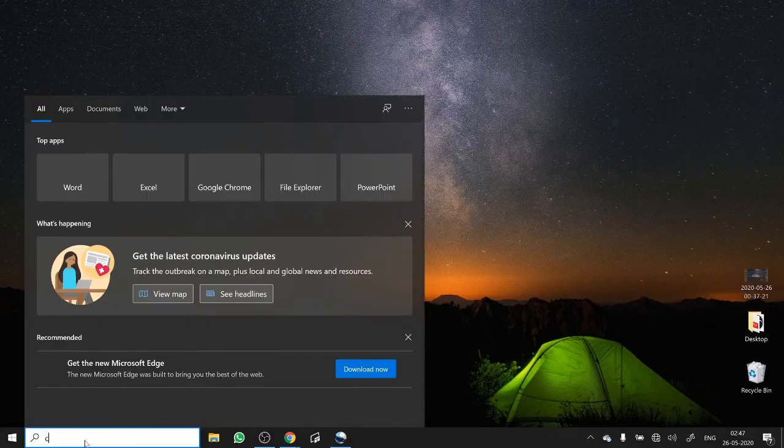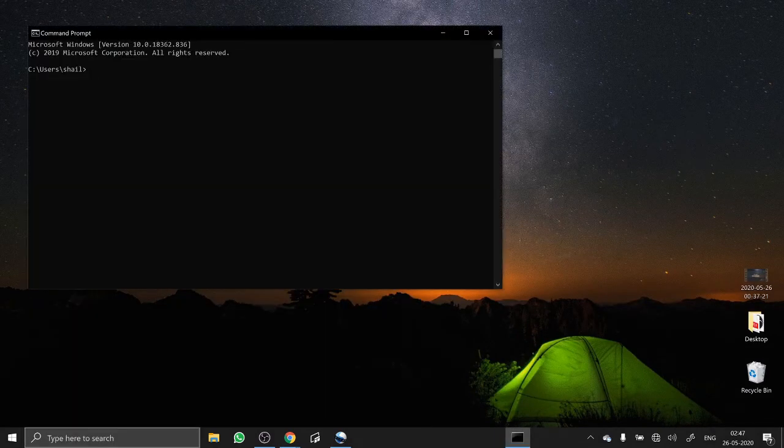Let us go to our command prompt. We have to trace back to the folder where we are saving these programs. So the folder name was Java_programs.